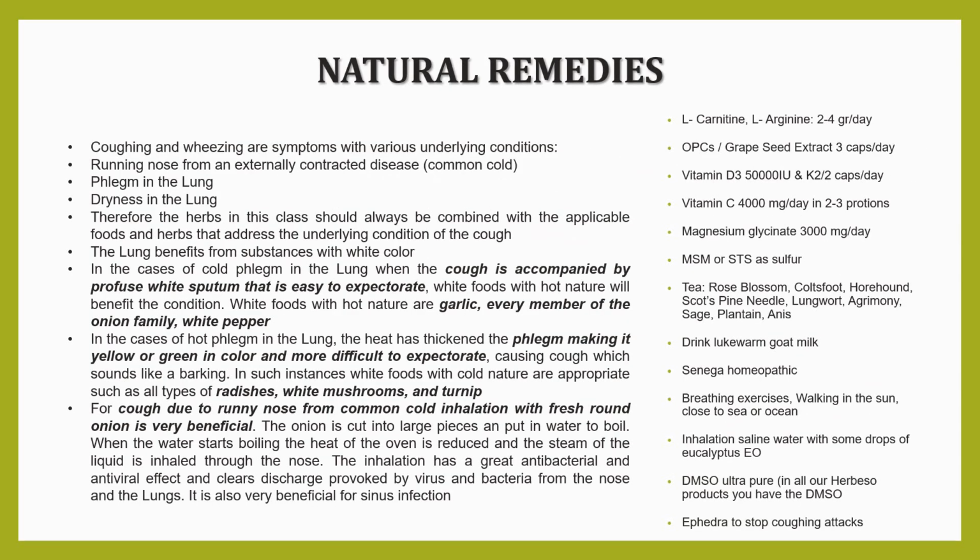Coughing and wheezing are symptoms with various underlying conditions, such as a running nose from an externally contracted disease, also known as a common cold, phlegm in the lung, or dryness in the lung, and therefore the herbs in this class should always be combined with the applicable foods and herbs that address the underlying condition of the cough. The lung benefits from substances with white color in general, and in the case of cold phlegm in the lung, when the cough is accompanied by profuse white sputum that is easy to expectorate, white foods with a hot nature will benefit the condition. White foods with hot nature are, for example, garlic, every member of the onion family, and